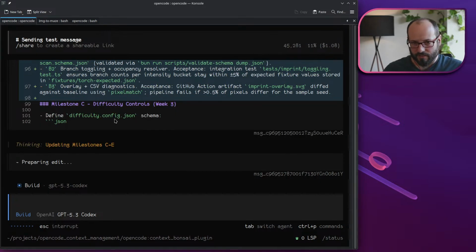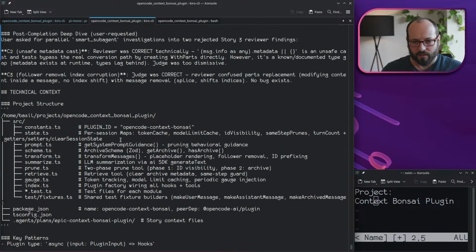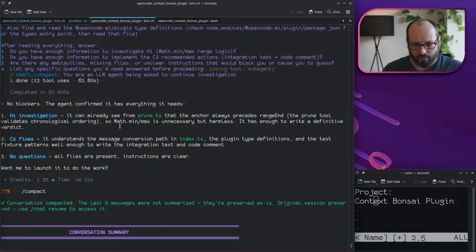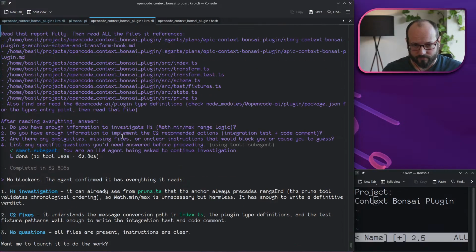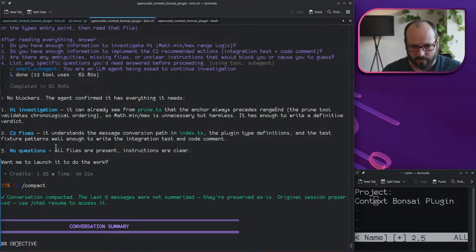Okay, while this is happening, I'm going to check in on the other projects. What was this? Oh, right, we compacted, and then what were we in the middle of? Oh, right, the questions document, or the unresolved differences between the reviewer and the judge. So,